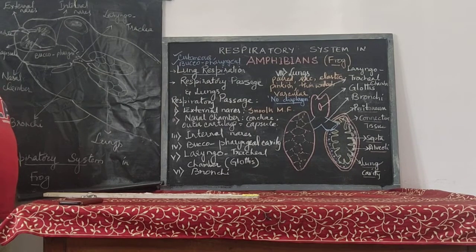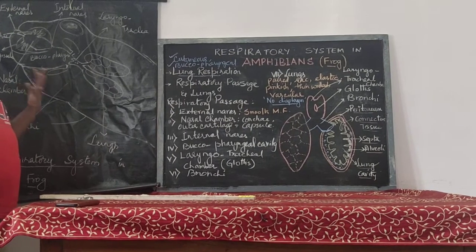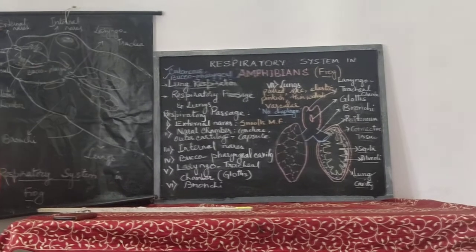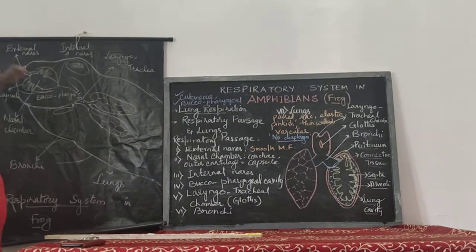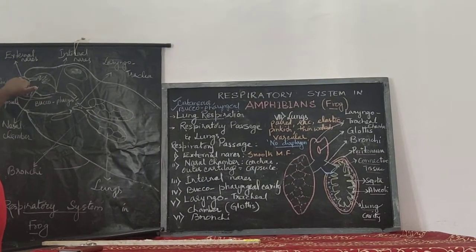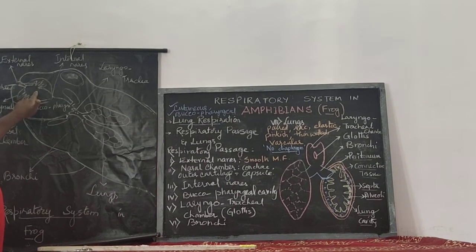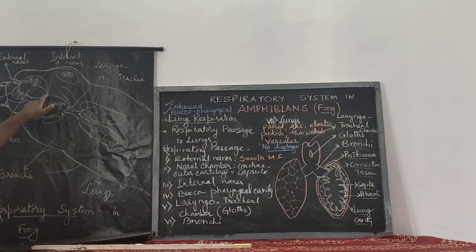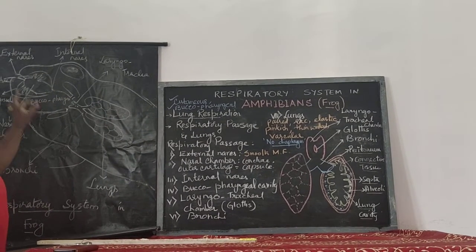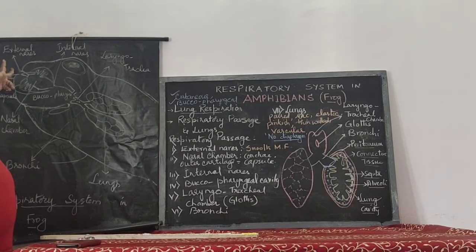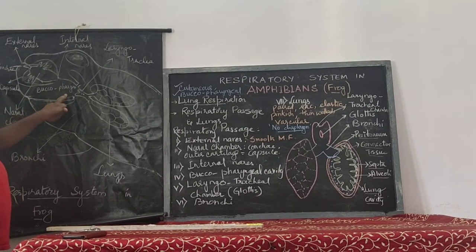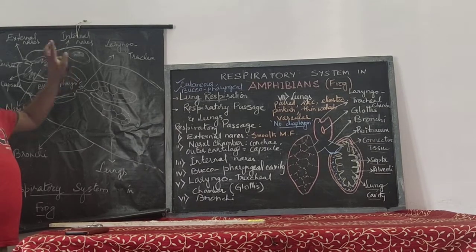Aspiration refers to the mechanism through which the external air that is rich with oxygen is taken into the nasal chamber through the external nares, and later it is forwarded to the buccopharyngeal region through the internal nares. As we have understood, the air passage from external environment to the mouth of buccopharyngeal cavity is actually called as